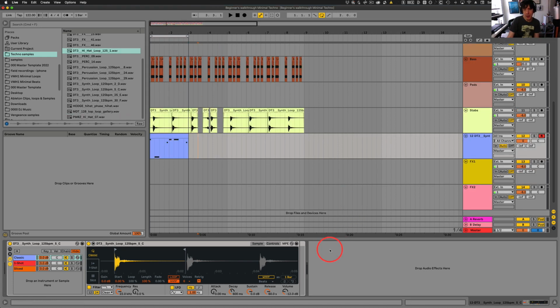So I should probably also mention here that it's a good idea to turn the warp on. That'll keep the same length even when you change notes. If you listen, this is the normal length. If I go up an octave, that's going to make it play twice as fast. And if I do it again, you'll really notice how short the sample gets, right? And if we go down an octave,